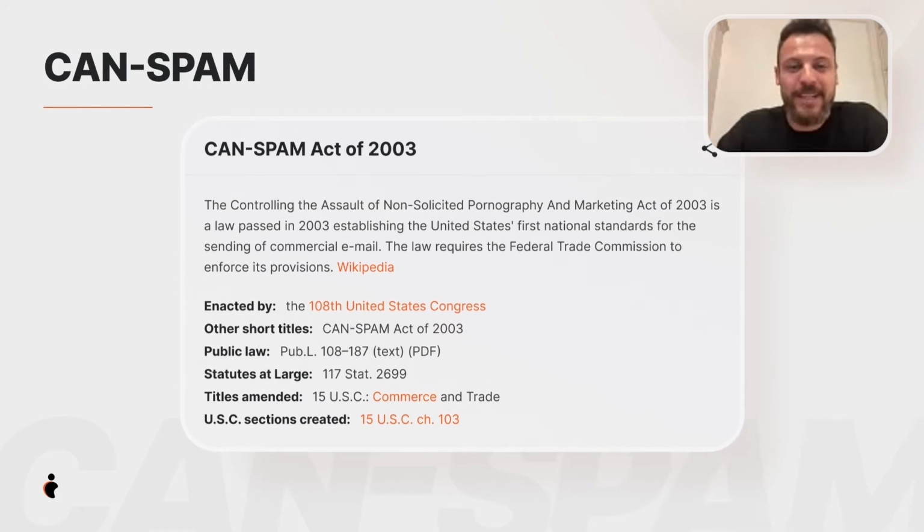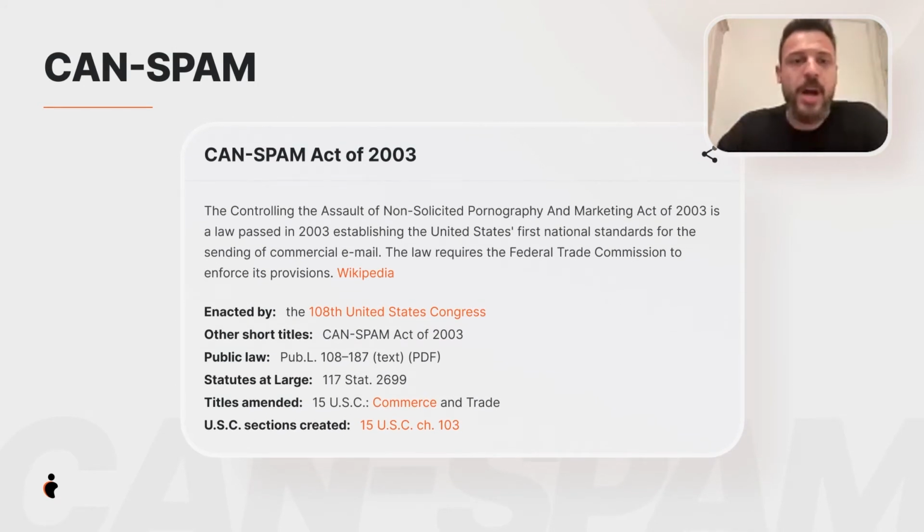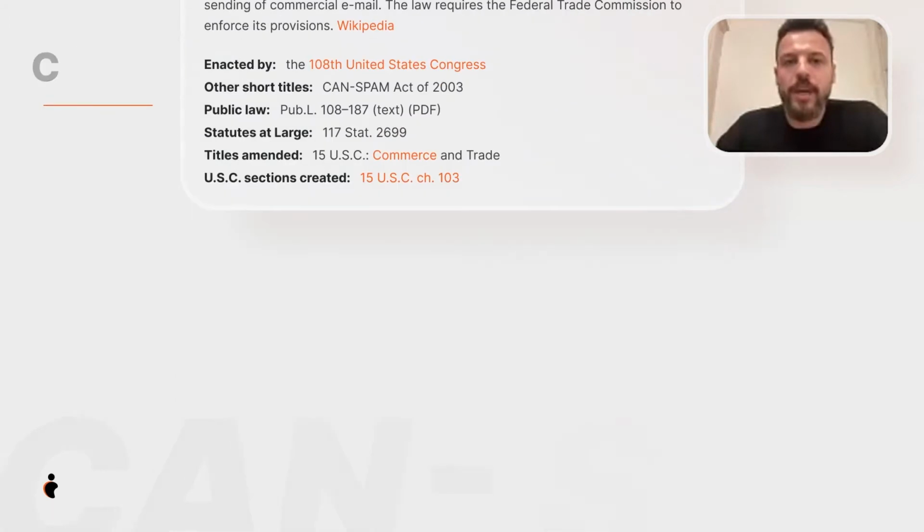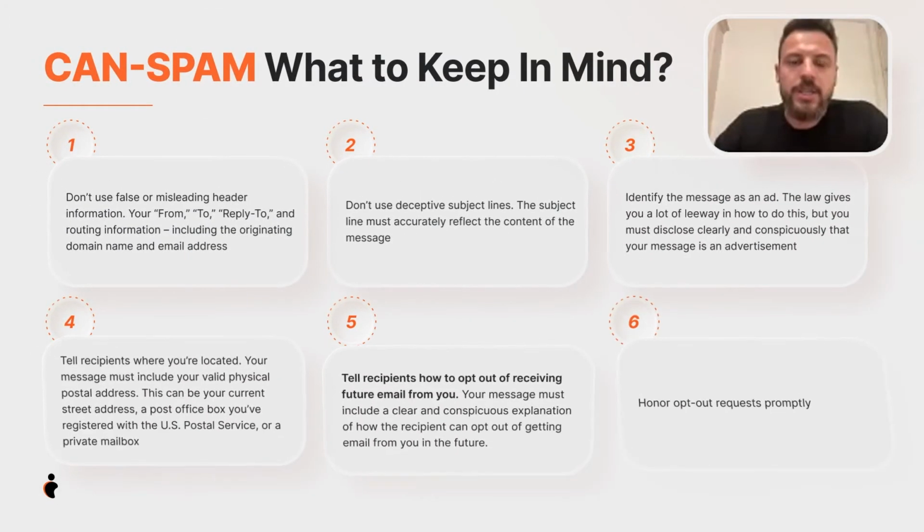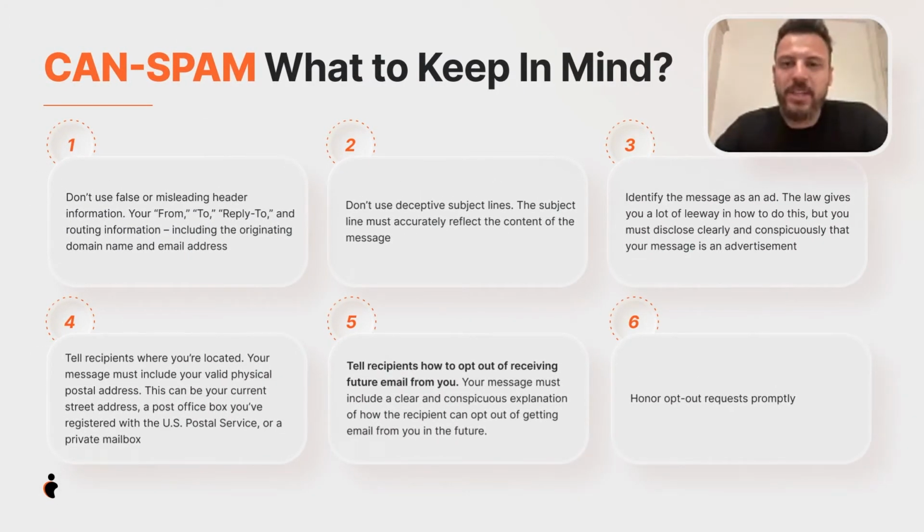All right, so CAN-SPAM is very similar to GDPR. This is primarily in the United States. I've heard a lot from companies in California that were very concerned about this, but generally it works around the US. The interesting thing about this law is not just the soft consent, about giving permission to be emailed, but also the actual process of emailing.